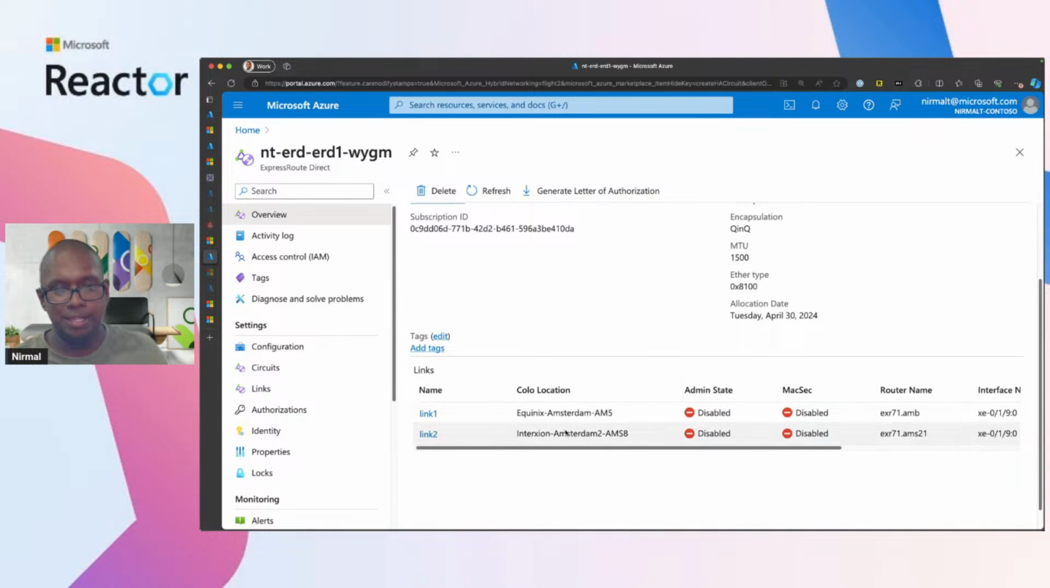So you can see here in the colo field, you see these two options that are available. So that is new in preview, the metro configuration. Outside of it, while we are in this ExpressRoute Direct view, I do also want to